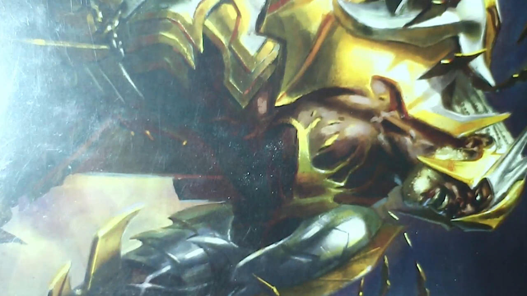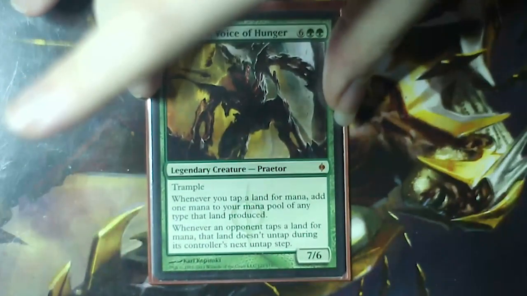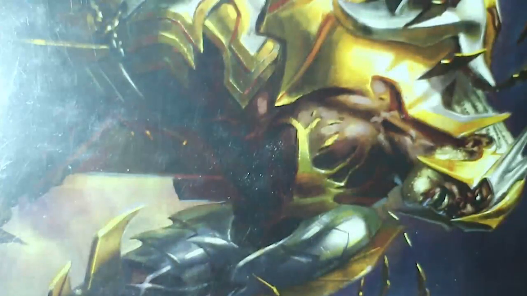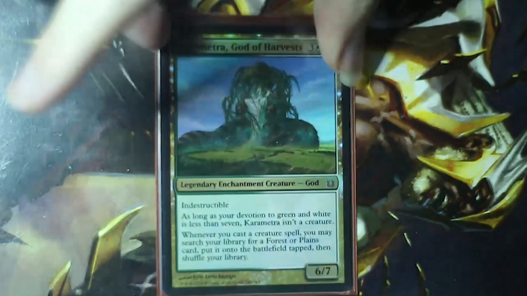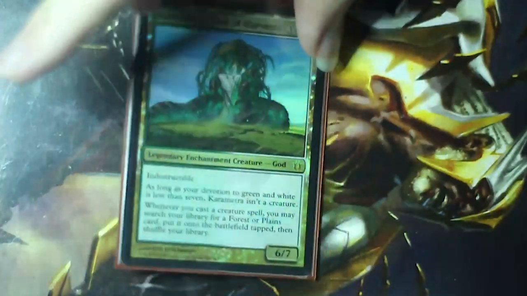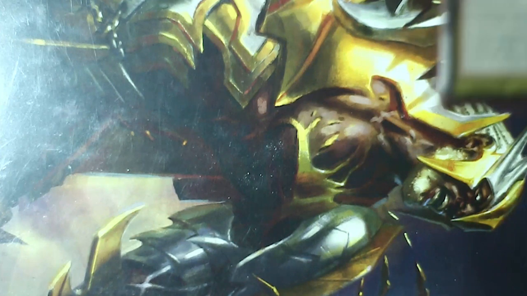I can theoretically hardcast him, but it's never really come up. I don't think I've had a good game with him yet to really see how I feel about him in the deck. Vorinclex, Voice of Hunger, because the deck needs more mana, of course. And Chimera, God of Harvests, with a nice foil effect. I'm reasonably sure that this is one of the foils that I actually pulled. There's a few of those, and I'm not going to mention all of them,